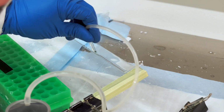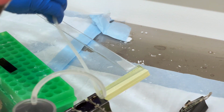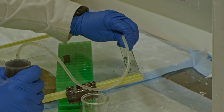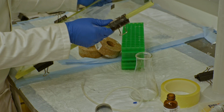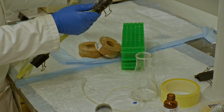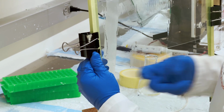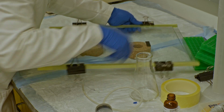Remember, this gel is only going to be run halfway through, so if there are any large bubbles at the bottom, don't worry too much about them. If you start seeing bubbles at the top, however, this is where you're going to try to help out the system by quickly taking it up just a second, just to let those bubbles come. Tap the glass,